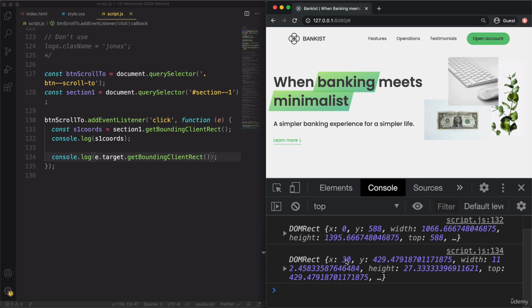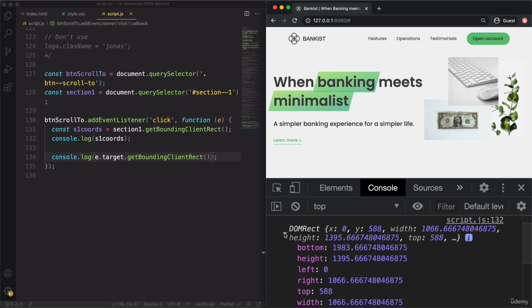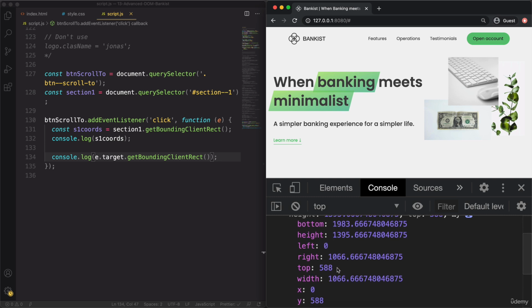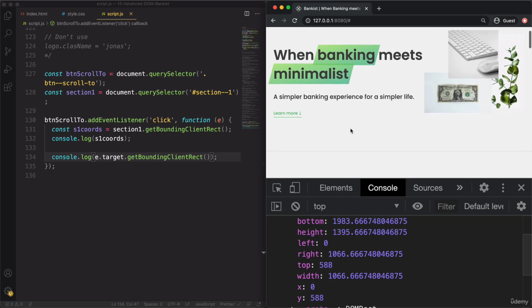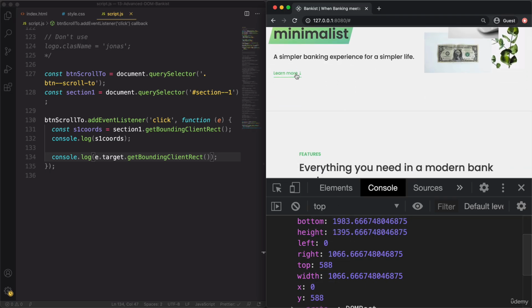So this 30 pixels here is the distance between the border here of the browser. All right. And then this Y is this distance from the top. Then we also have the width, which is this 112, the height. And yeah, here we also get the top, which is in this case similar to Y. Okay, but it isn't always, because when we scroll, then X and Y actually change. Let me show that to you. And if I click this again now,